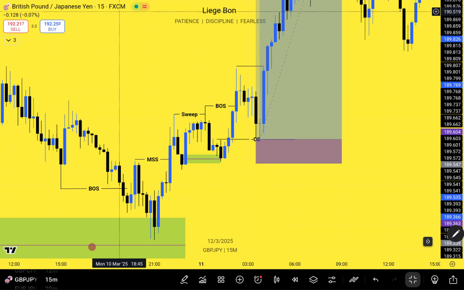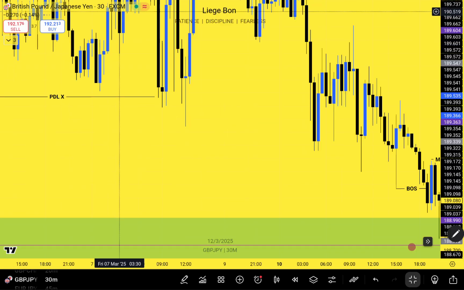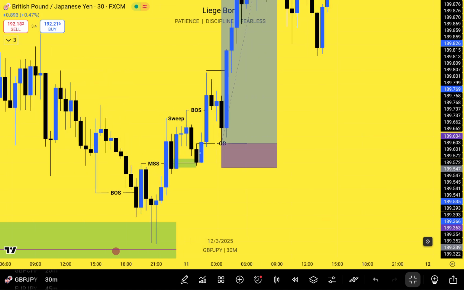If you were to go on the 30 minutes time frame, you'll see it much better. So you can see it much better on the 30 minutes time frame. You can see the order block right there. Okay. So also guys, if you're my students, you understand this is Formula 5. And one more thing,